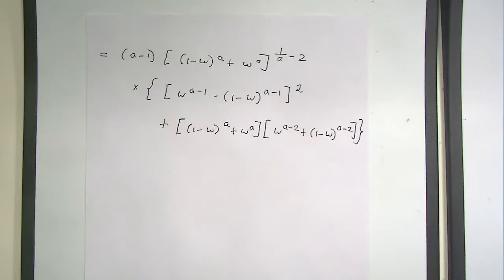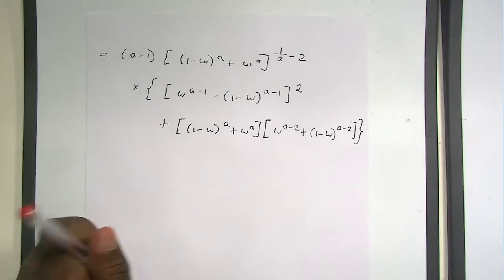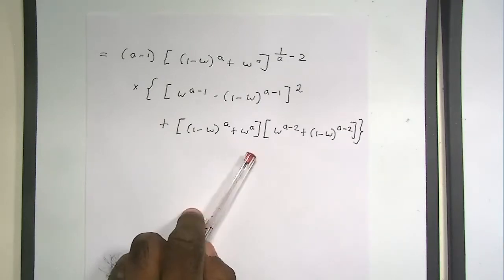So I think if I made a mistake, please let me know, but this is what I am getting, right? So now we need to prove that this is positive, right? Is this right, guys? So if I made a mistake,